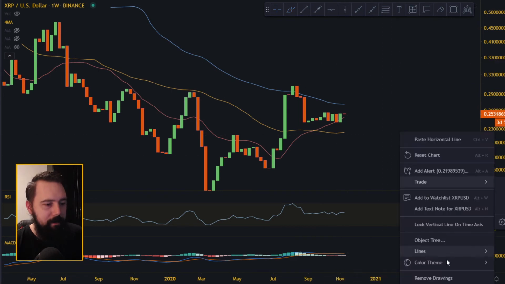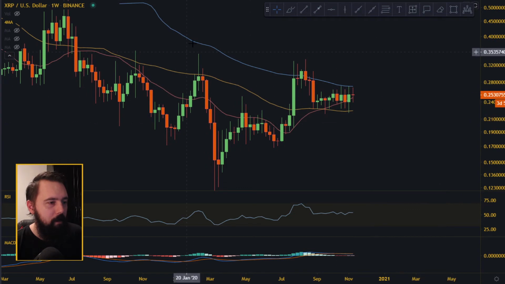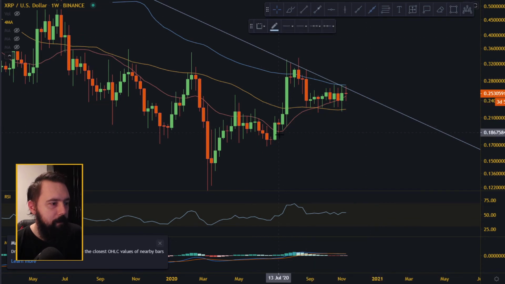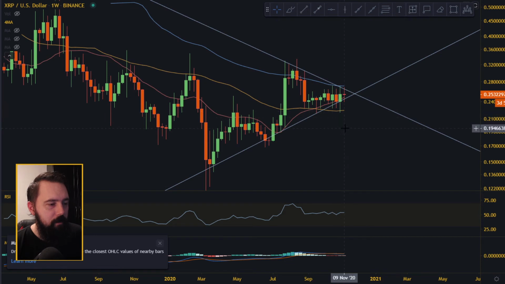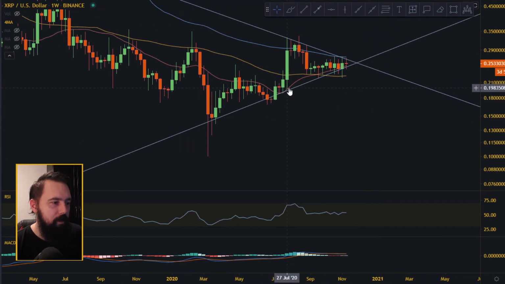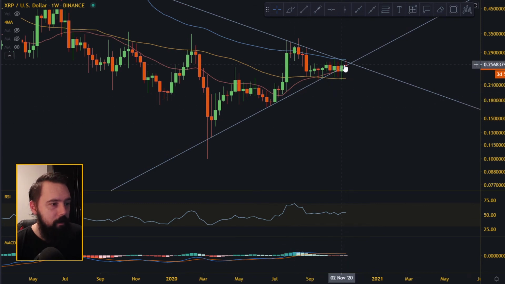Now let's bring back the wicks. Wicks are nice, and now we're going to try to draw some kind of a triangle here, just to give us some kind of a feel of where we are heading. It depends on how you draw these. There are so many wicks. This is so annoying. Even on the weekly, man, the wicks are insane. Bitcoin doesn't have this many wicks, and it should not be like that.